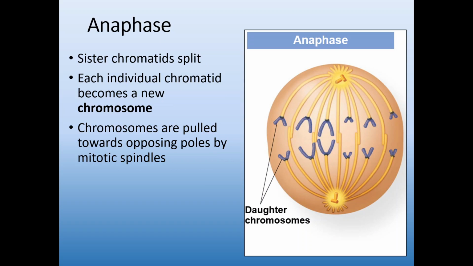And now we can begin the process of actual division. So now, during anaphase, those mitotic spindles pull. It's an abrupt pull, and that's going to separate the sister chromatids at the centromere so that one copy of each is going to end up towards the north pole and towards the south pole of your cell. Once you have separated the sister chromatids, these are now chromosomes again. It's just a change in nomenclature. And those are going to be pulled towards each end so that when we fully subdivide right through the middle, each resulting cell is going to have one full set of all the chromosomes it needs.